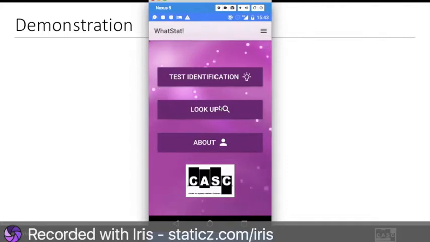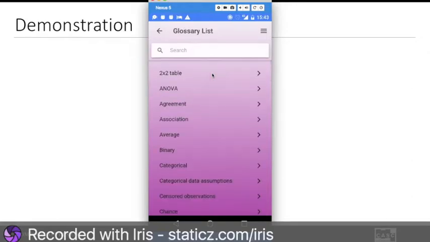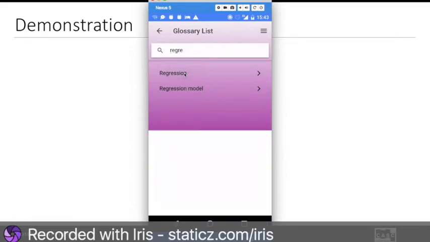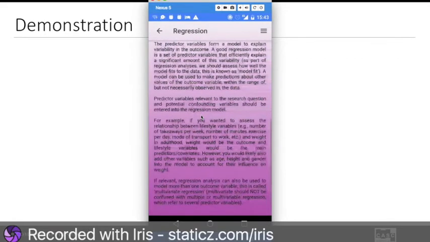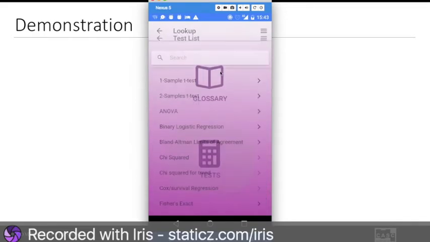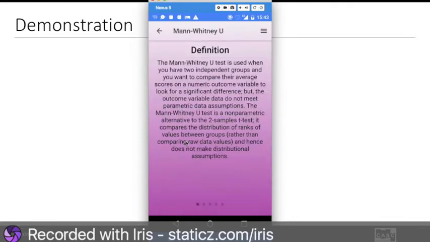We also have the lookup functionality, and this is where if we want to either look up statistical terms, which is in the glossary, or just a list of tests where we can go straight to the information we want on the tests. If we go to glossary, then we have the list, but we can also search within that list. For example, if we wanted to look up regression, we just have it here, and then we can click on regression, and we have a lot of information on regression. If we go back, and then we can go to tests, and we have all of the tests. If we just wanted to find out some information on the Mann-Whitney test, we can go to it, and then